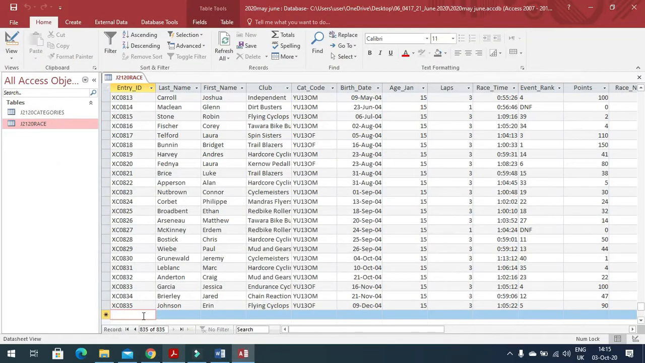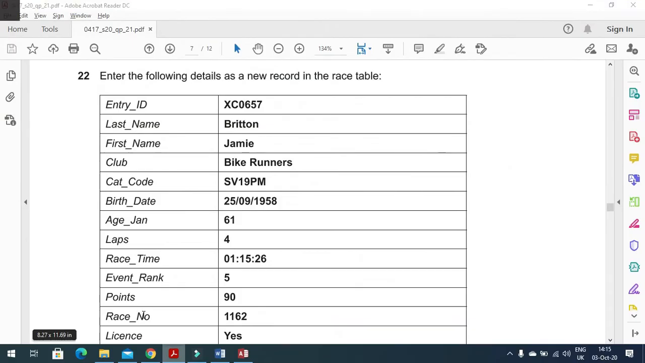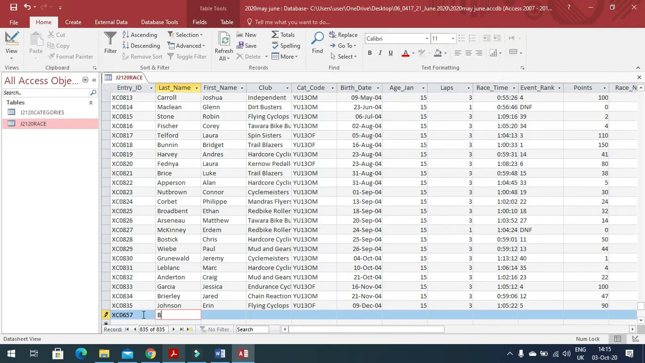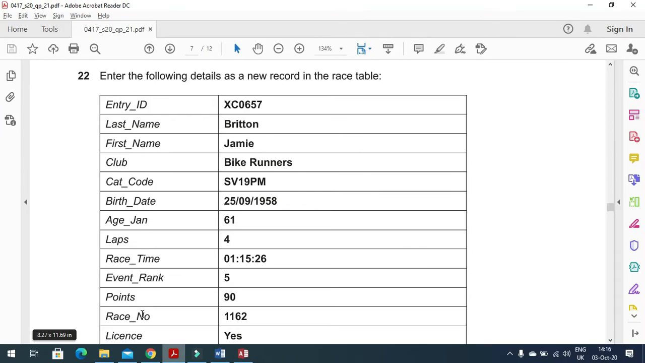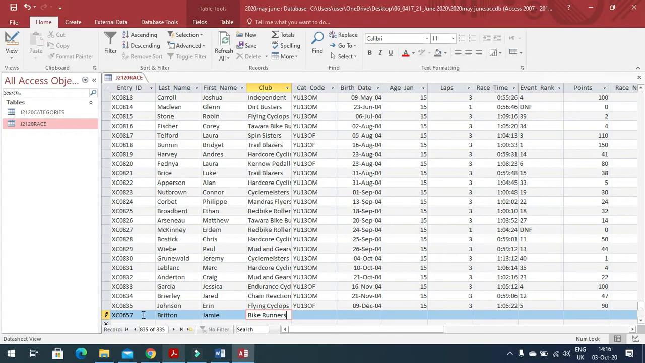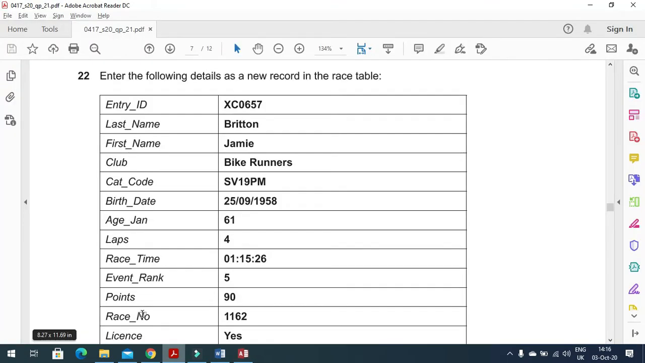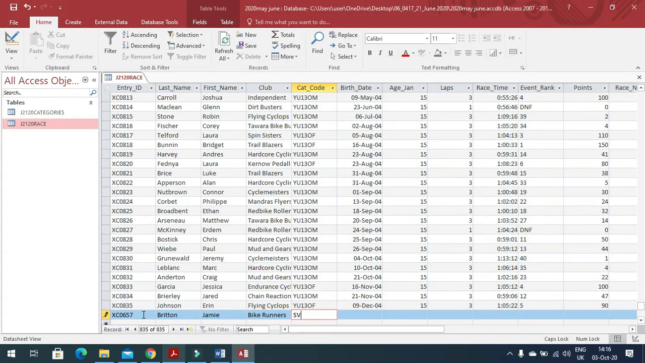So for entering the data, I'm just going to choose from that data entry: XC0657. Next it is Britain, and then we have Jamie, then bike, runners. The code is SV19